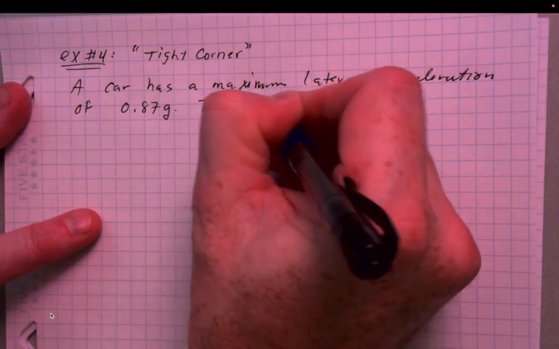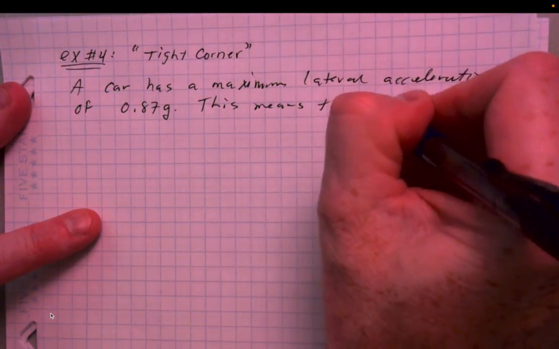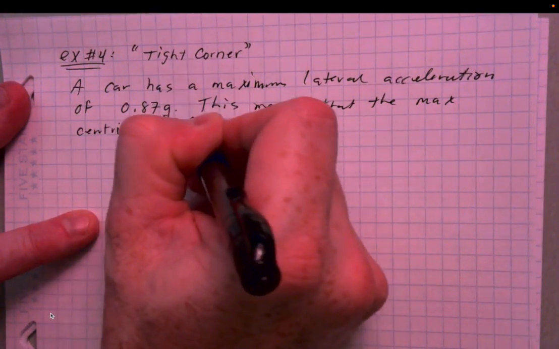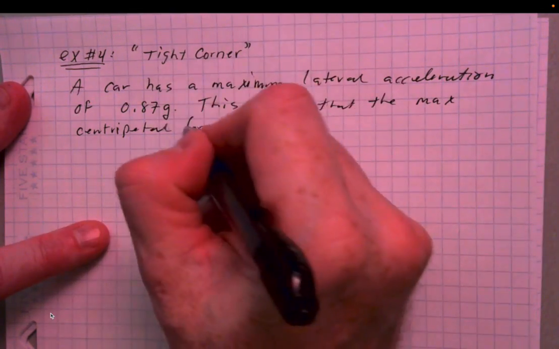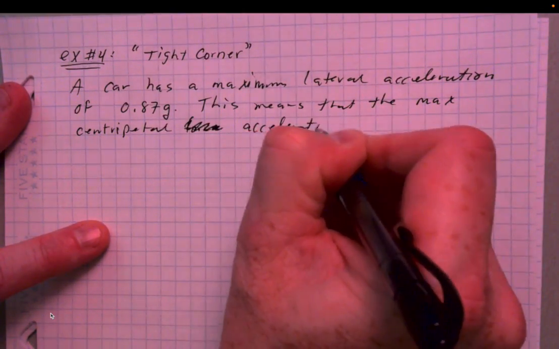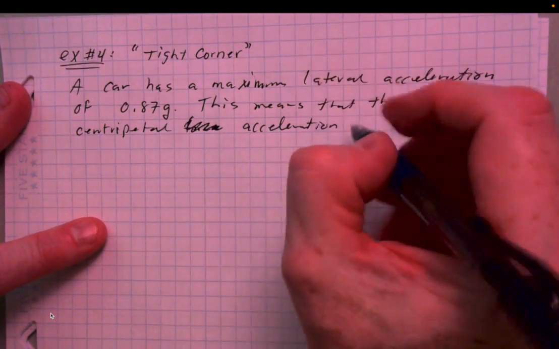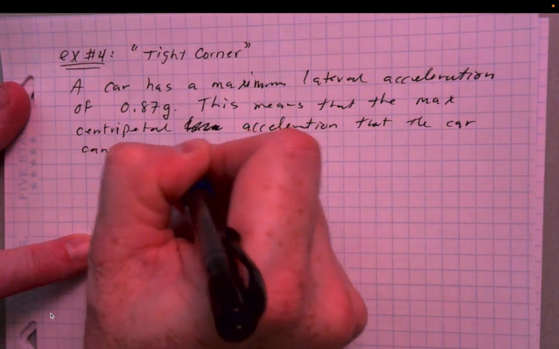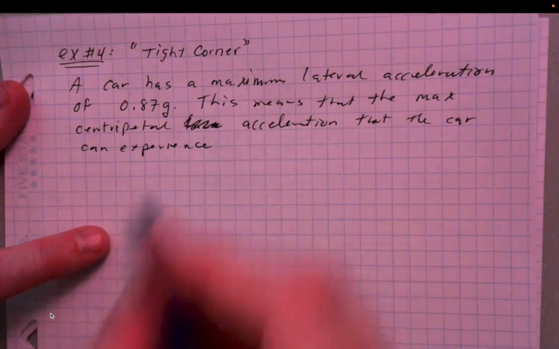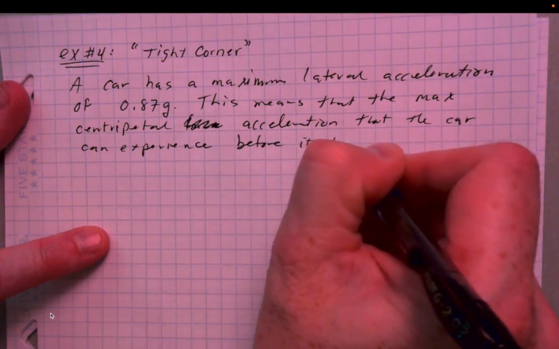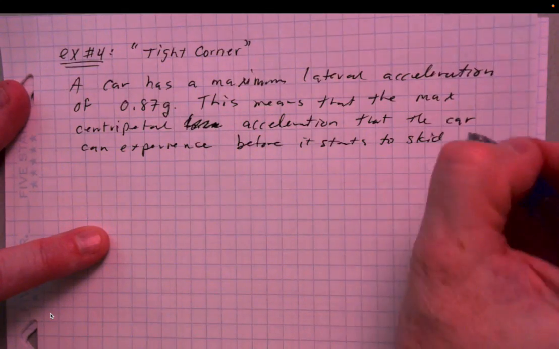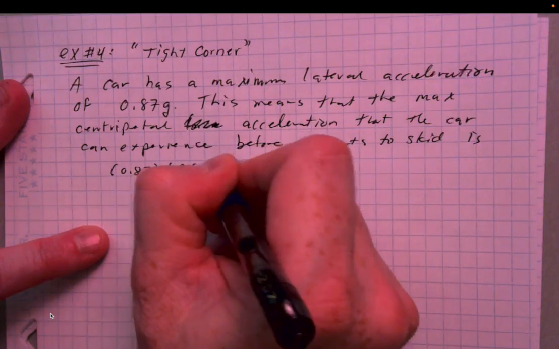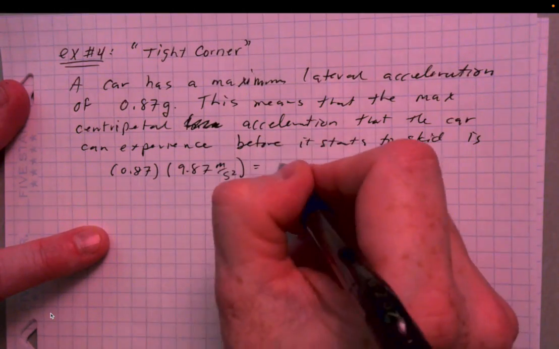And this means that the max centripetal force, the max centripetal acceleration that the car can experience before it starts to skid is, and you can just multiply this out, 0.87 times 9.87 meters per second squared, and that is 8.5 meters